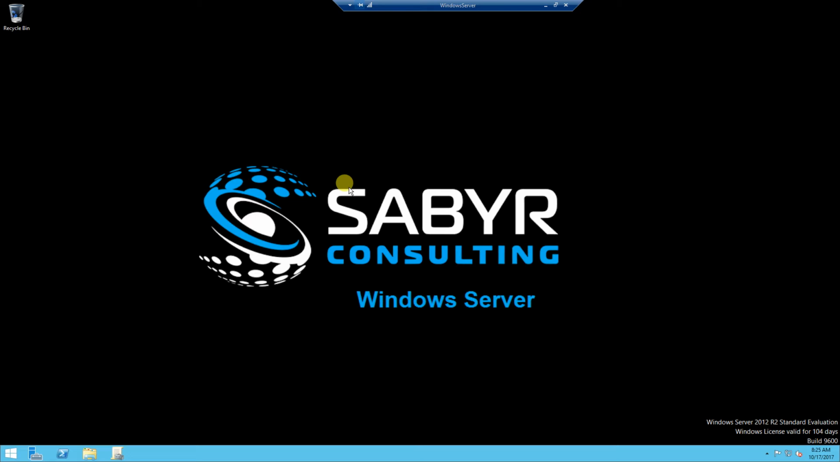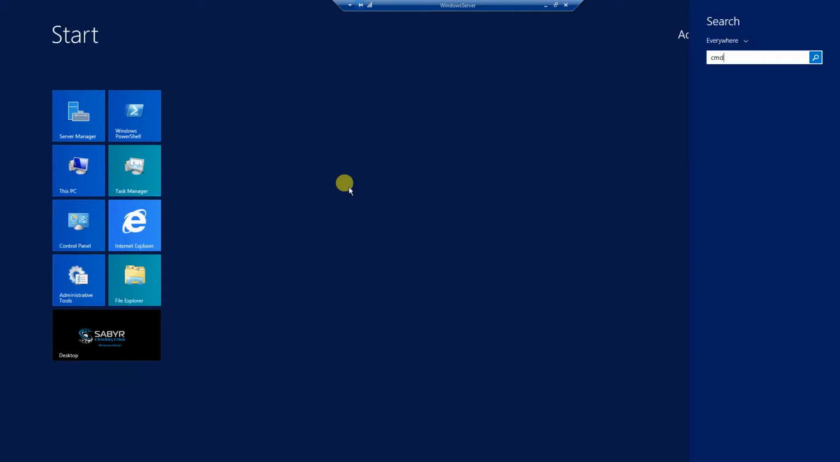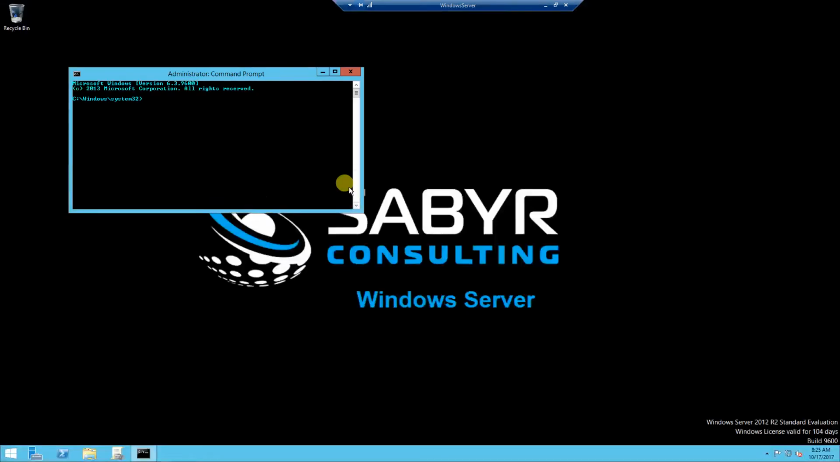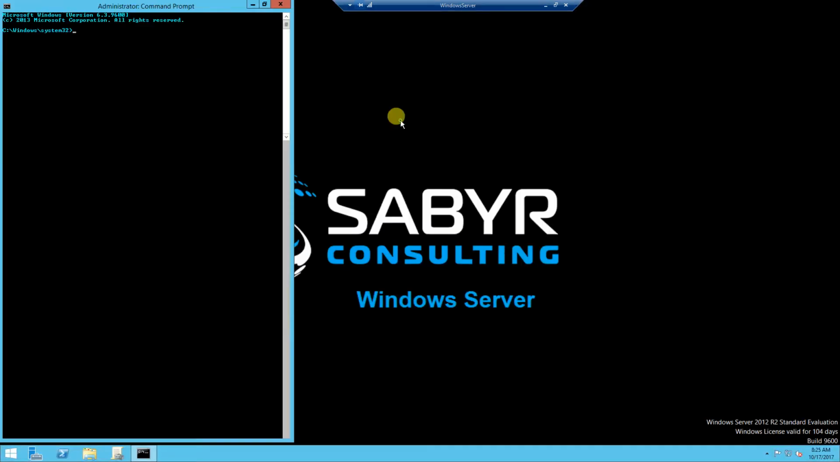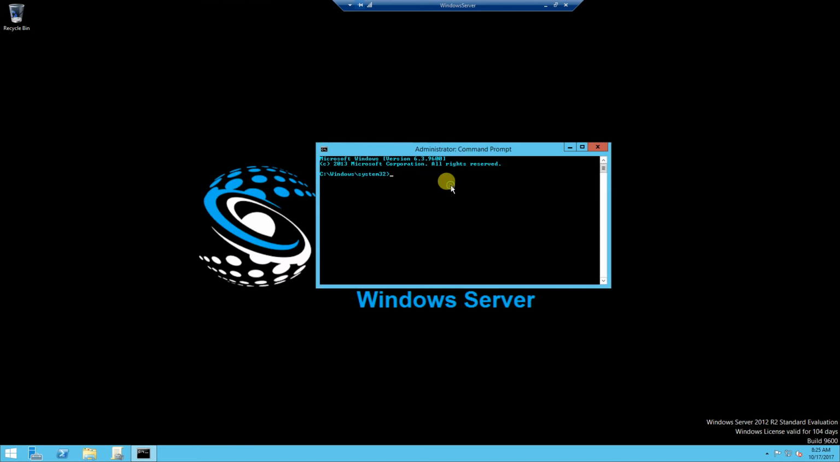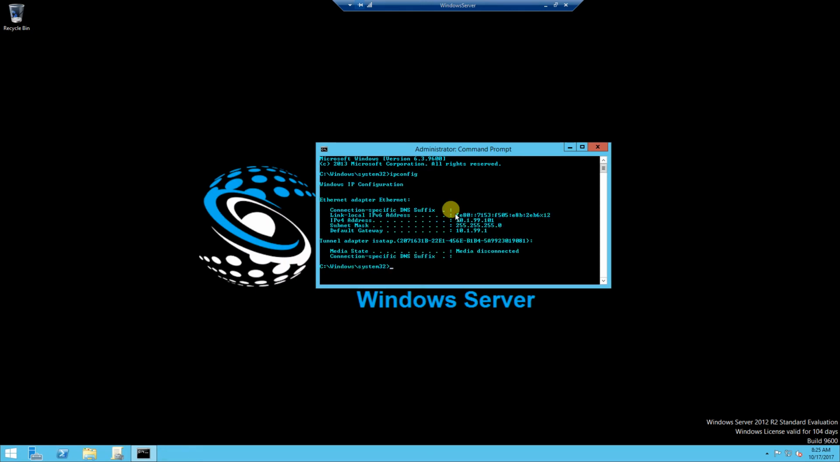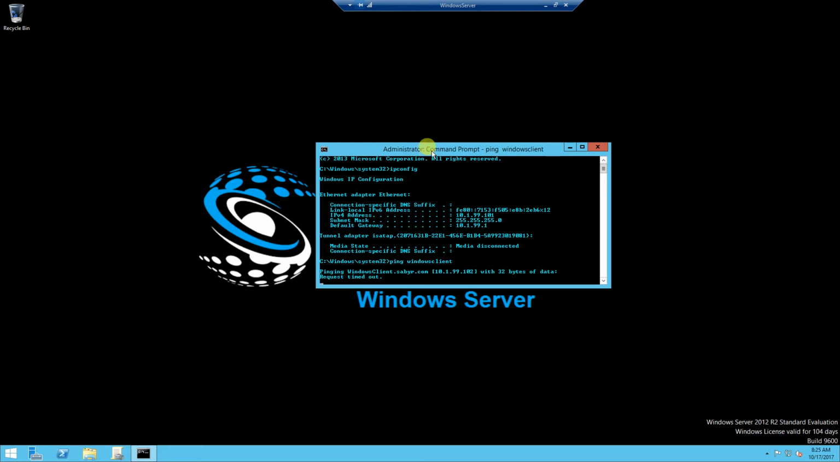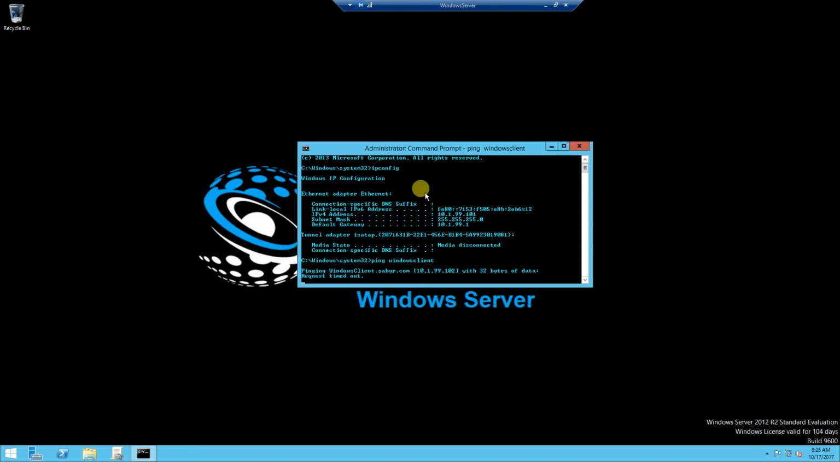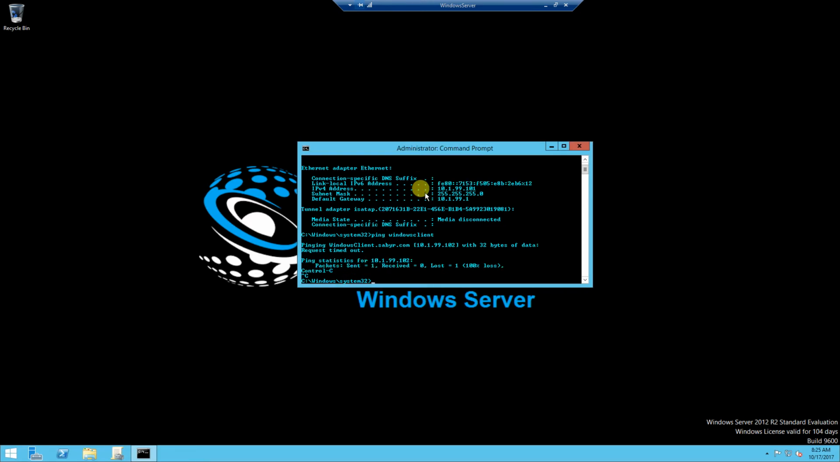I imagine many of you have used this before. It is a very powerful tool to manage Windows desktops through the command line. And I'm going to open up an administrative command prompt. And what we have is a Windows server on this IP address, 10.199.101, and a Windows client on 10.199.102. Now, I can't ping it probably because of Windows Firewall, but you can see that we do resolve the host